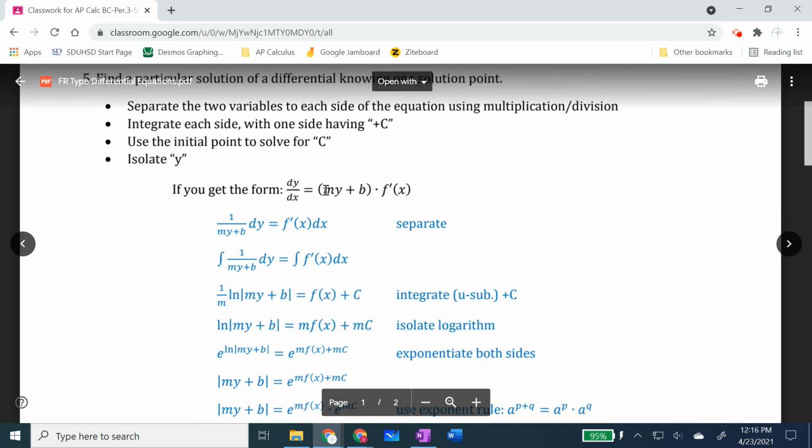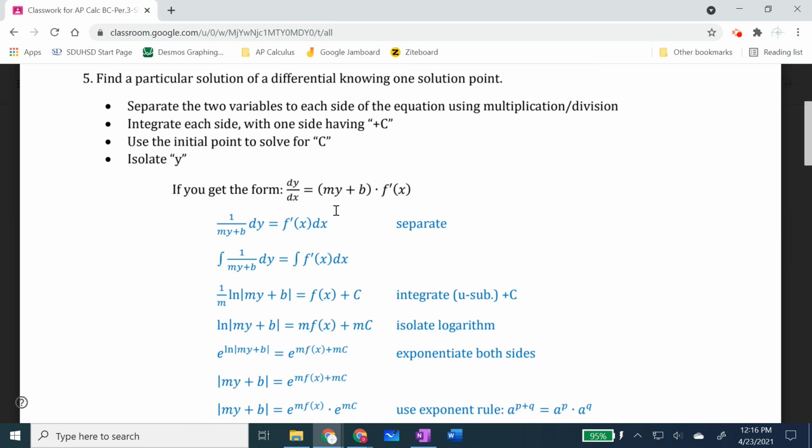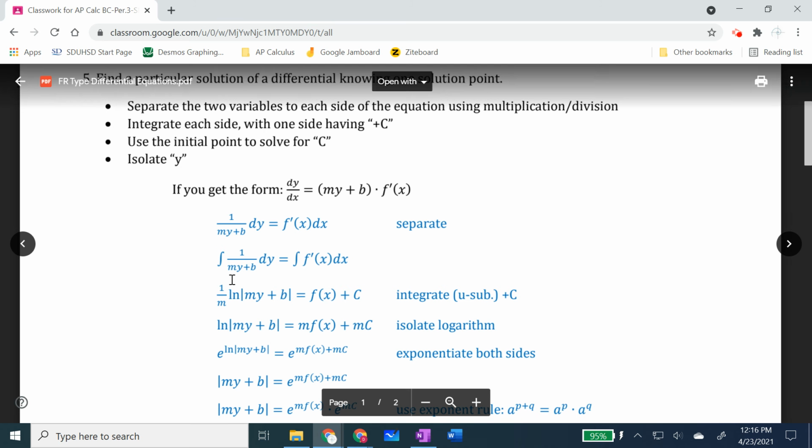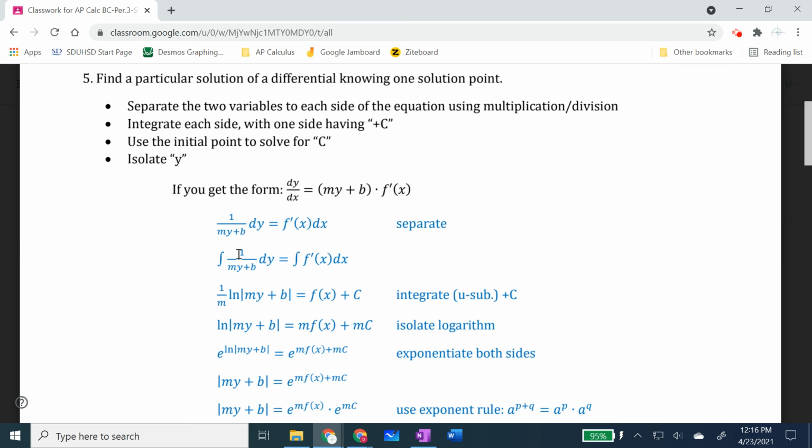And that's where you're given a linear formula with a y in it, but you can separate that from the multiplication of a function that has x in it. My advice to you is don't bring the m over to the left side. In fact, I would recommend that you actually,